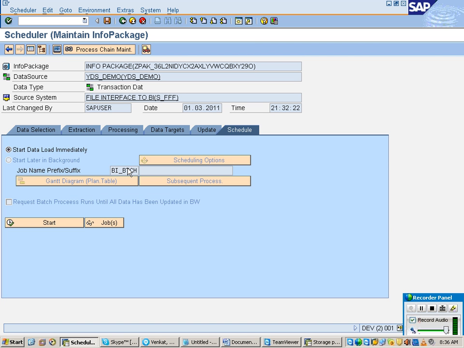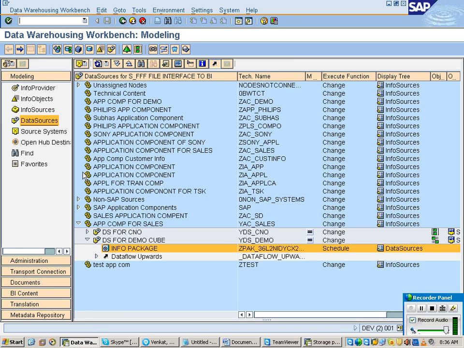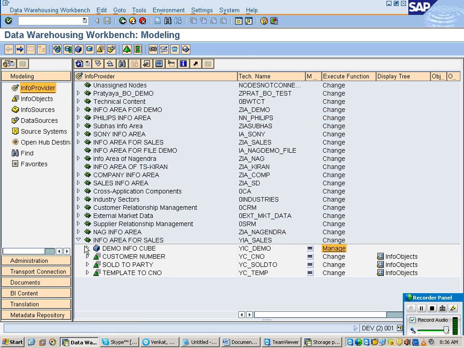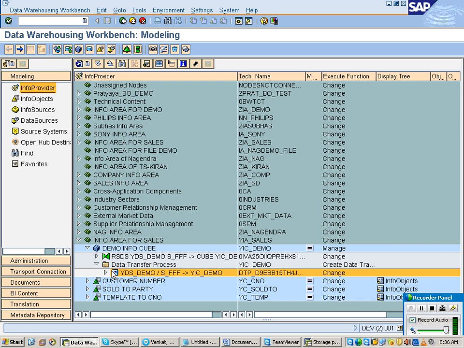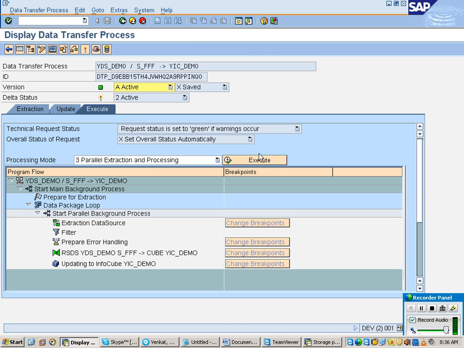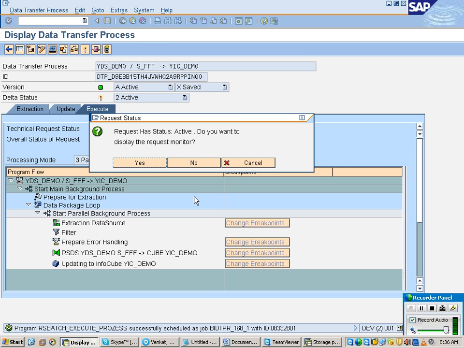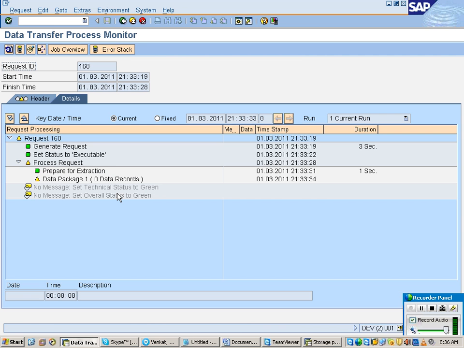Then what has to be done? Data has come to the PSA, you have to trigger a DTP. This is your DTP. Go to the execute tab. Click on execute. Do you want to see the monitor now?